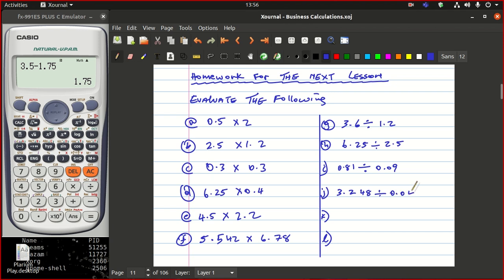We have 0.4, and then here we'll have 82.5 divided by 4.125. So these are the questions that I have for you. I want you, when you're going home, to try and solve this and see what you are actually going to get. And then when we are doing our next lesson, it will be based on multiplication and